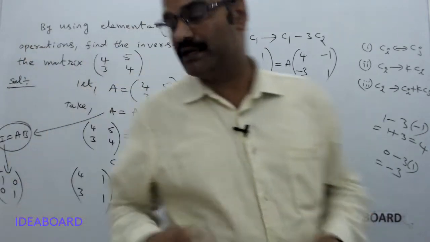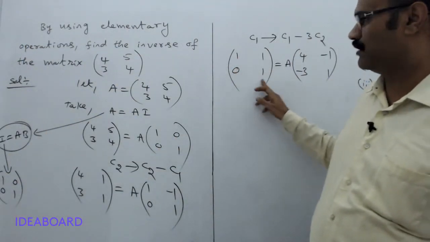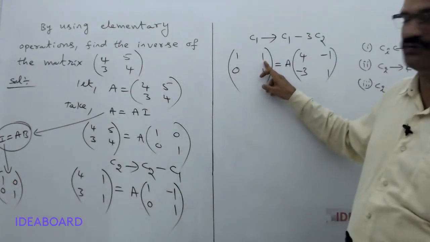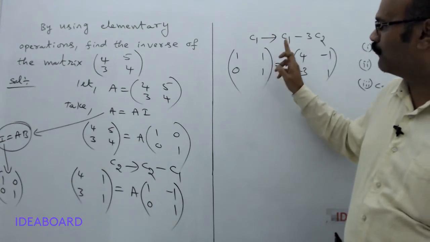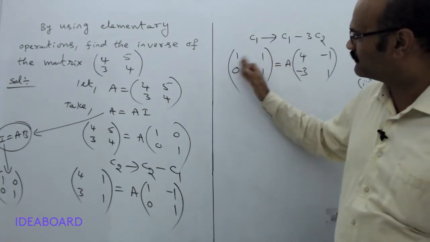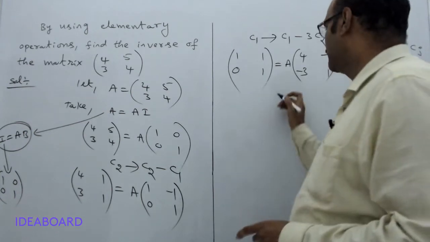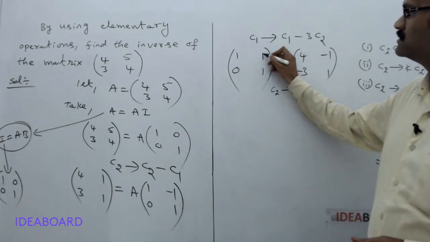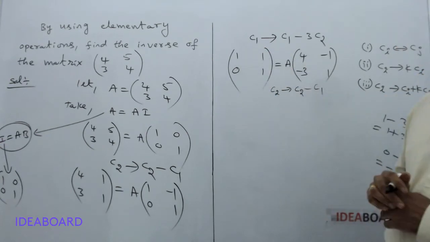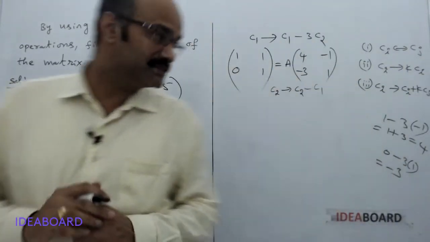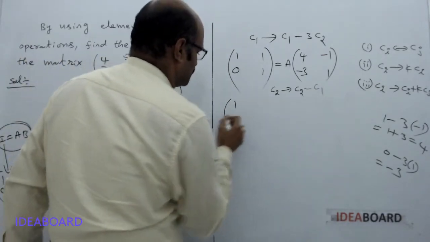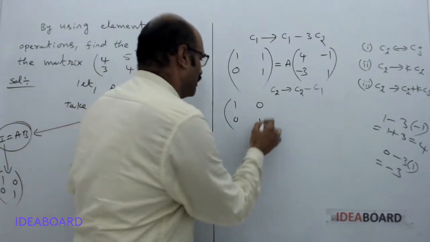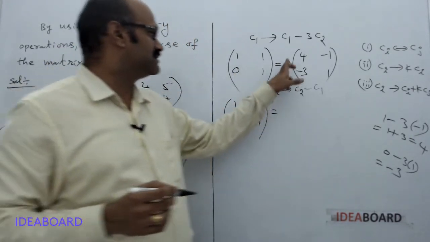Now here we have to get 1, 0, 0, 1. The identity matrix is [1, 0; 0, 1]. So in this place we have to get 0. To get 0, we know that 1 minus 1 equal to 0. So we take C2 implies C2 minus C1. Then it becomes 1, 0, 1 minus 1, 0, 1 minus 0, 1, equal to A into